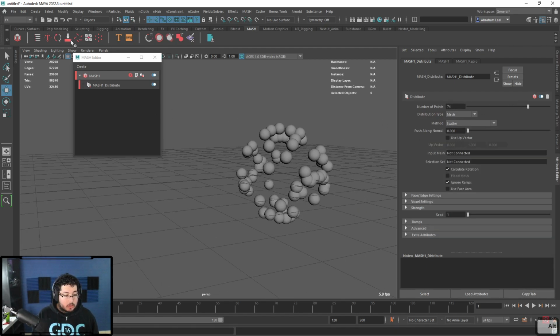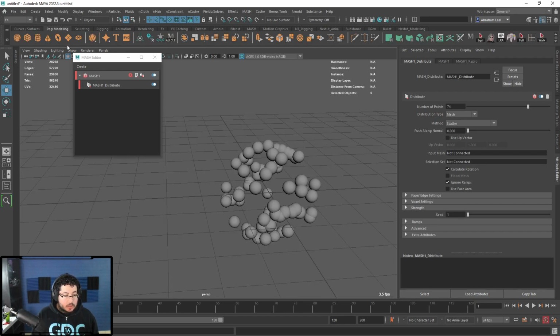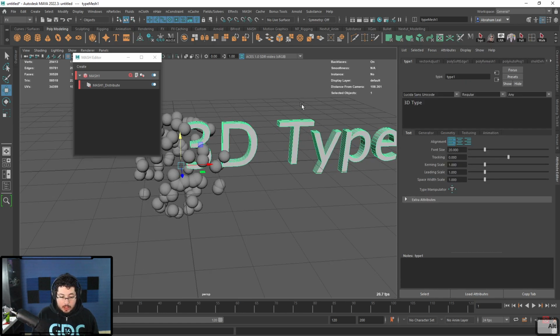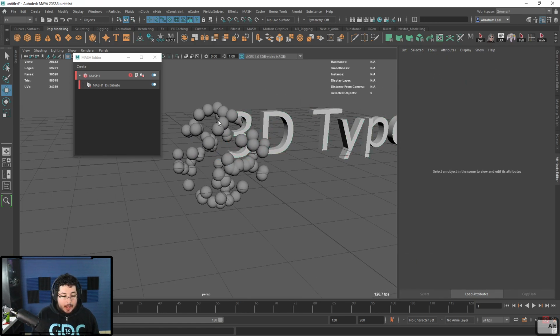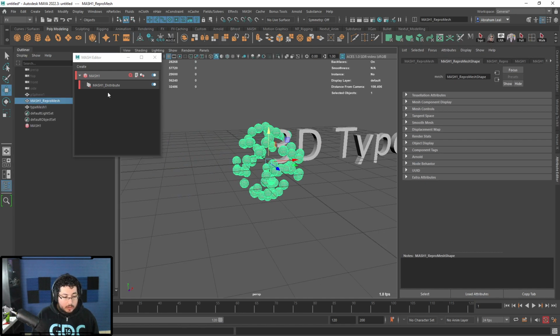Mesh is really cool. So let's say we have a complex mesh, such as a letter. So I'm just going to say, yeah, that one. That one's fine. So 3D type. I can grab this guy. Let's go to the outliner. Go into mesh